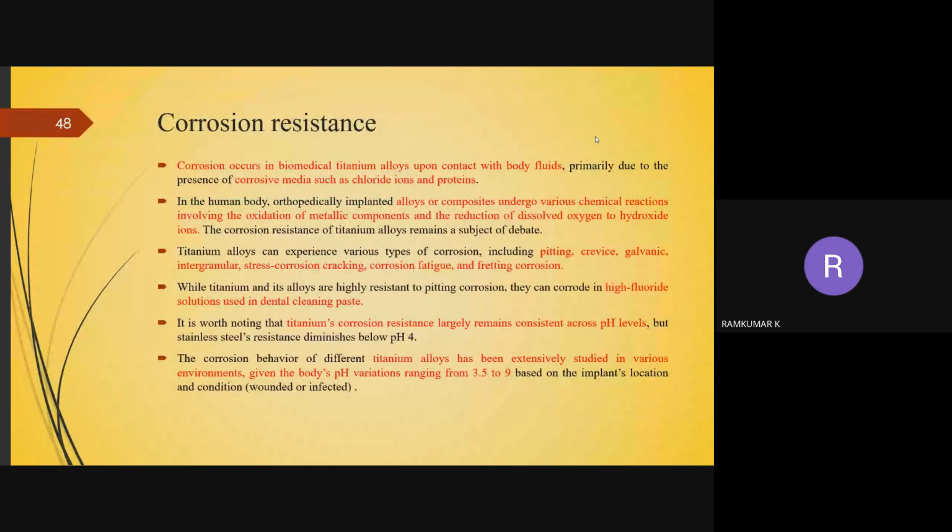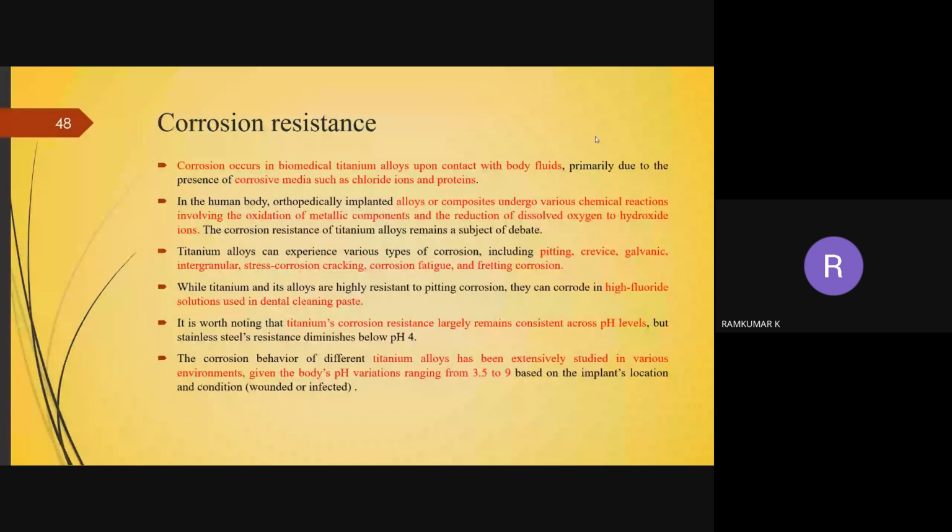The next one is about corrosion resistance. Since the material is in contact with the body fluids, it may create corrosion and may release some metal ions, which will be harmful to the human body. So in the human body, the artificially implanted alloys or composites may undergo various chemical reactions involving the oxidation of metallic components. There are various kinds of corrosion like pitting, crevice, galvanic, intergranular, corrosion fatigue or fretting corrosion, which will take